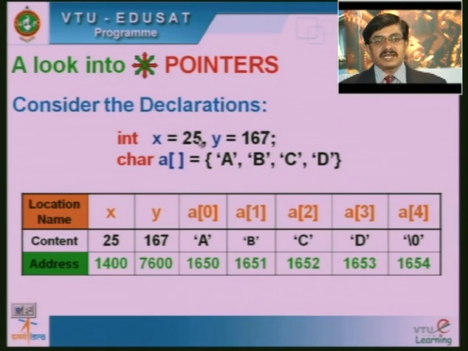The X value I am assuming is 25, which might have been stored in memory. Similarly for Y it is 167, and for A of 0 it is A, A of 1 it is B, A of 2 it is C, A of 3 it is D, and finally A of 4 it is not there, but the string basically is an array of characters terminated by a null character. So the last character will be the null character, and we can note that here the address is associated with every